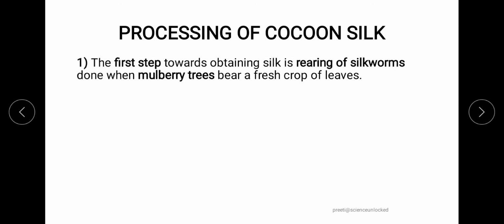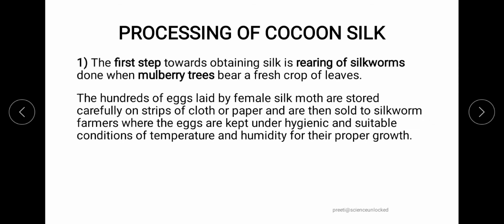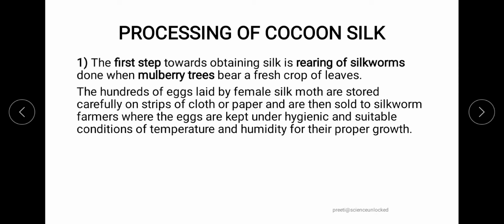where the first step of this particular process is the rearing of silkworms, which is done straight away on the mulberry leaves. Now, we have to do this process carefully, the reason being that once the whole cycle is completed under one particular manufacturer, or the rearer, they can straight away use the first set of eggs and the first set of natural phenomena in the natural environment for the next cycle.